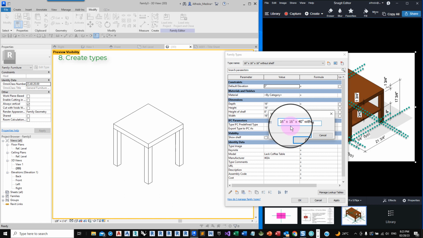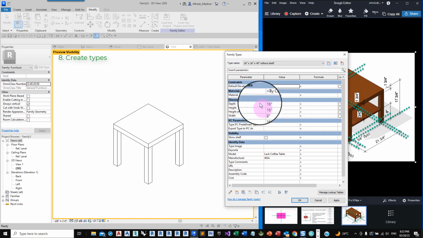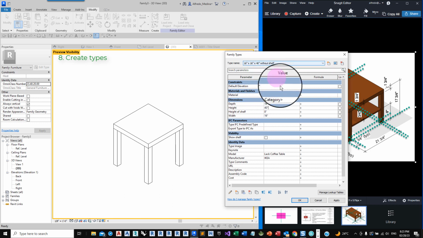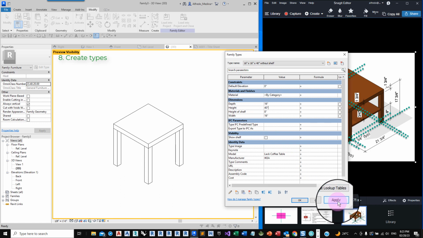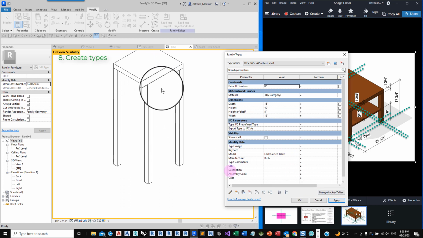So this is some kind of tall stand, maybe to put a projector on top of it or something like that. So simply we come here, click OK, and change these dimensions. I only need to change the height, 40 inches, and it's without the shelf, so this will remain off. When I click OK, I have my third type.